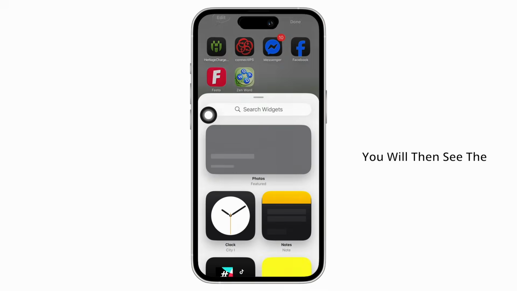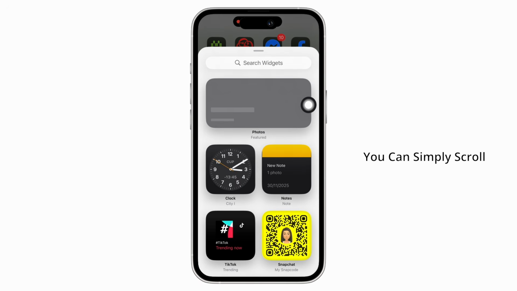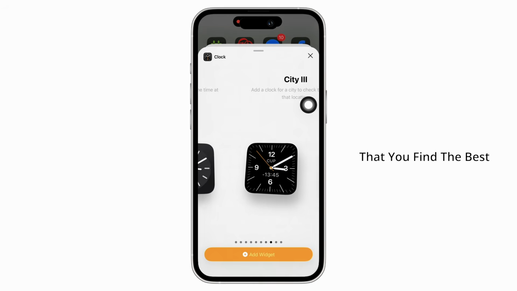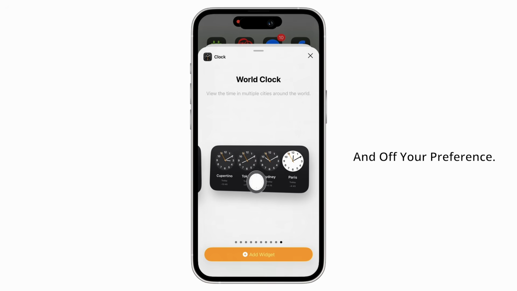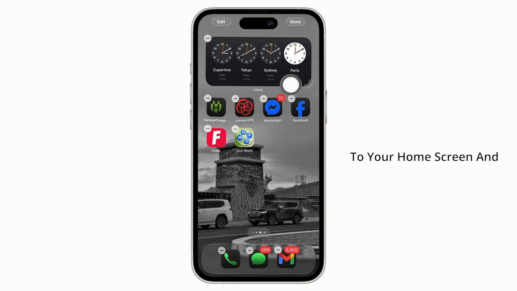You will then see the option for a clock. Just in case the clock option is not visible, you can simply scroll down to the app library and you will see the clock option. Tap on the clock option and then scroll through and choose the clock that you find the best and of your preference. Once done, tap on the add widget option in order to add the widget to your home screen,